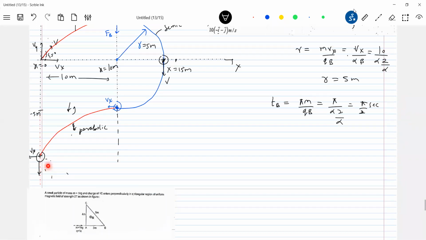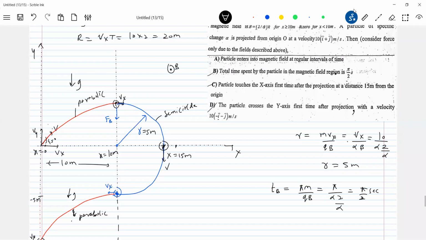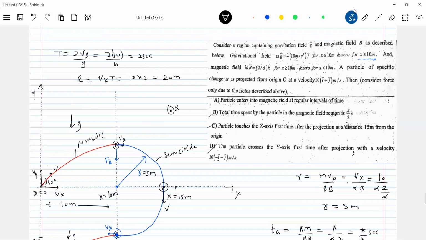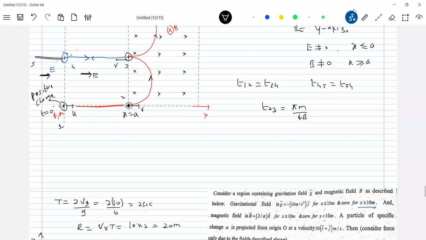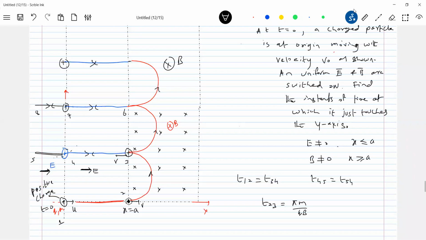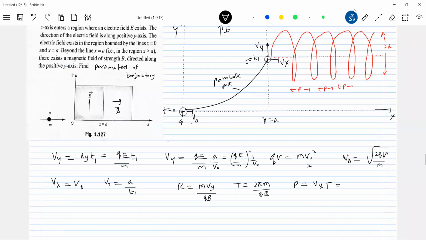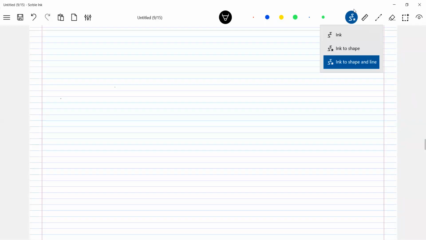Just draw the related diagrams. That's why I suggest you, nobody will give a diagram, only the situation will be given. So assume plain diagram. Don't go for 3D diagram. Whatever the situation demands, stick to plain diagram. If it's really a 3D diagram, draw 2-3 planes and analyze motion of the charged particle in that plane. That will be the better option. And now if you get some strip like this,